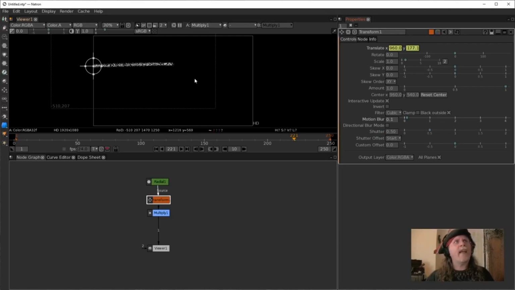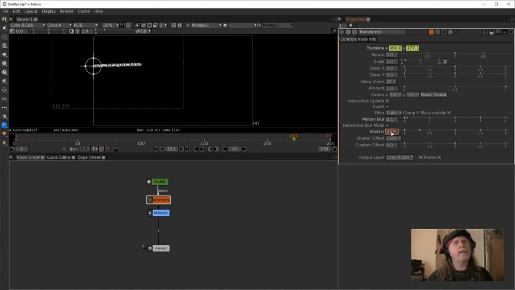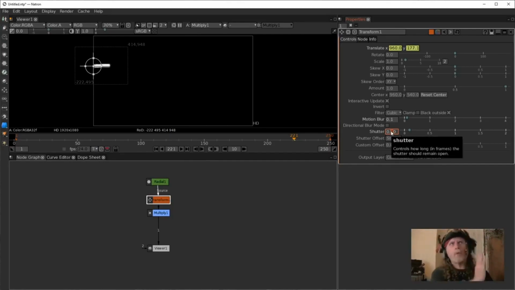Well, we're only seeing half of it because we're telling it the shutter angle is only 0.5. And this is a great way to view exactly what shutter angle does. If I reduce this further, you can see that the shutter slowly shrinks, and our line shrinks towards the left